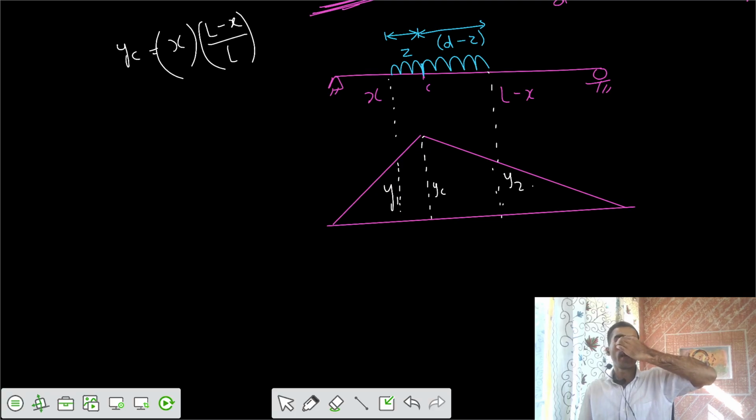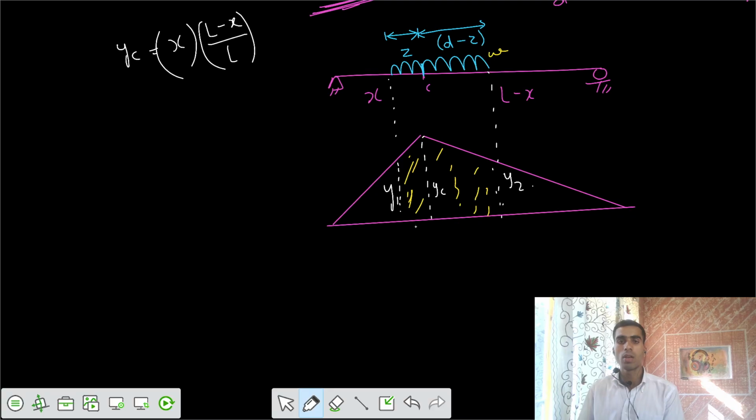And we want it to be maximum. So let's try that moment at C from the ILD. I would say area under the UDL into intensity of that UDL. Let's say the intensity is W. So I would write moment at C to be maximum is equal to area under the curve. I would say 1 by 2 semi-parallel sides, 1 by 2 (Y1 plus YC)